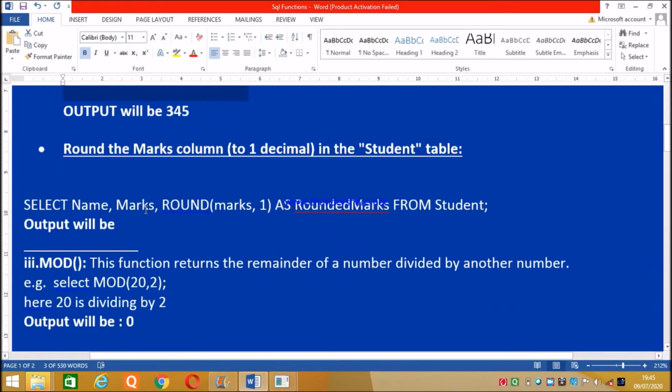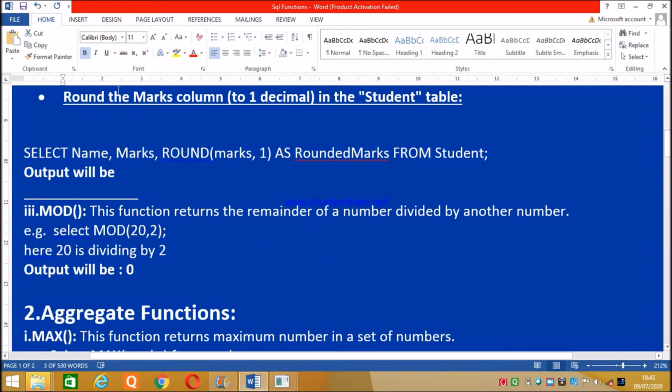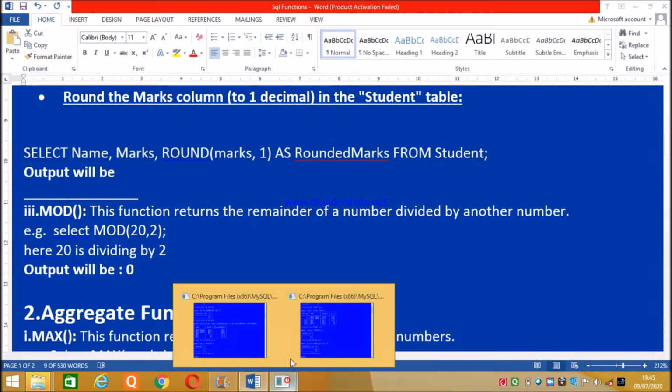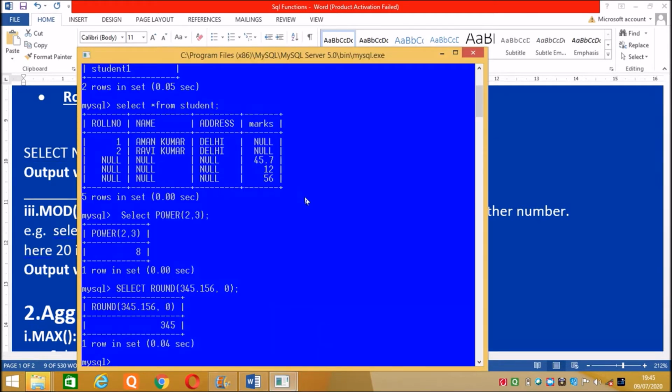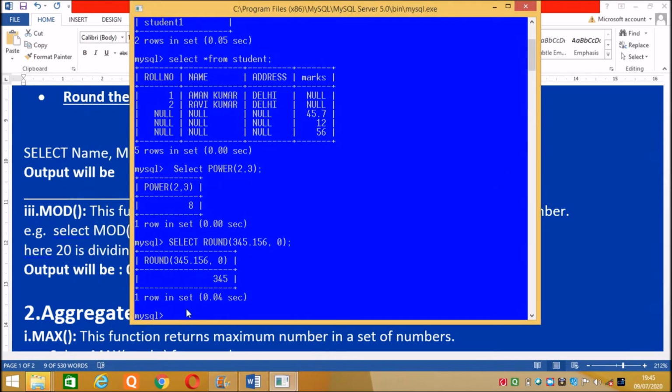Now the next is to round the marks column up to 1 decimal place. What command do you have to write? It will show you the name and marks of the student up to 1 decimal place. This round marks is an alternative name of the column. Now I am typing the command, but we have no need to type.